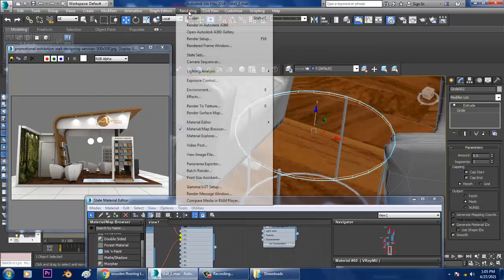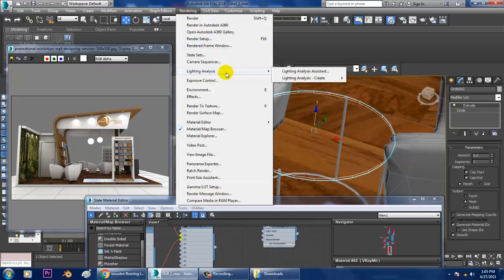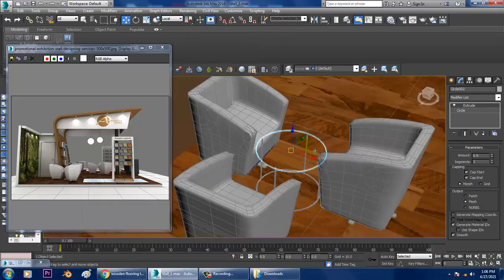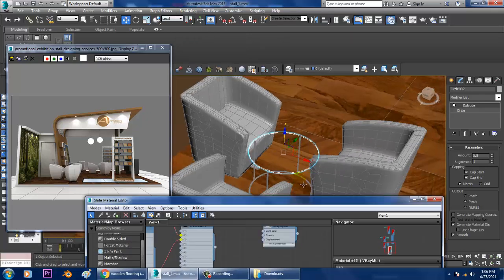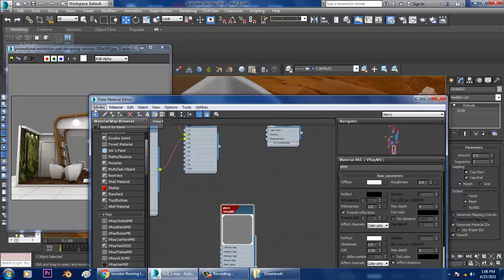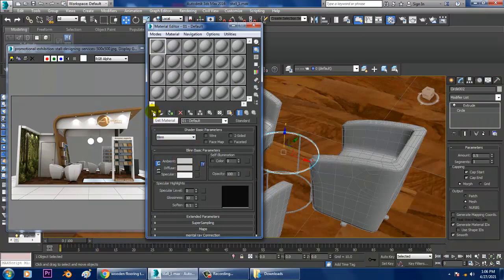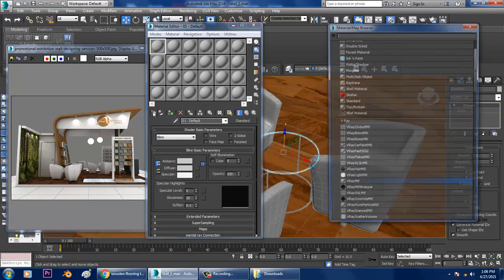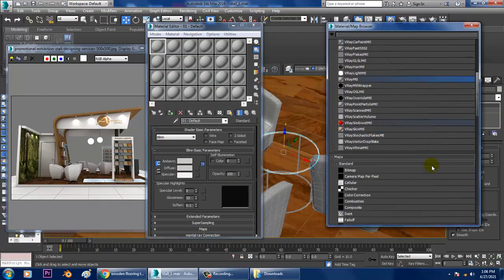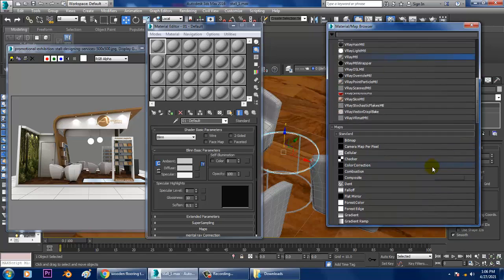So let's go into rendering, render setup, or let's just go into material. I'll go into the compact. I'll take a HDRI, go into get material, and let's take a V-Ray HDRI over here.